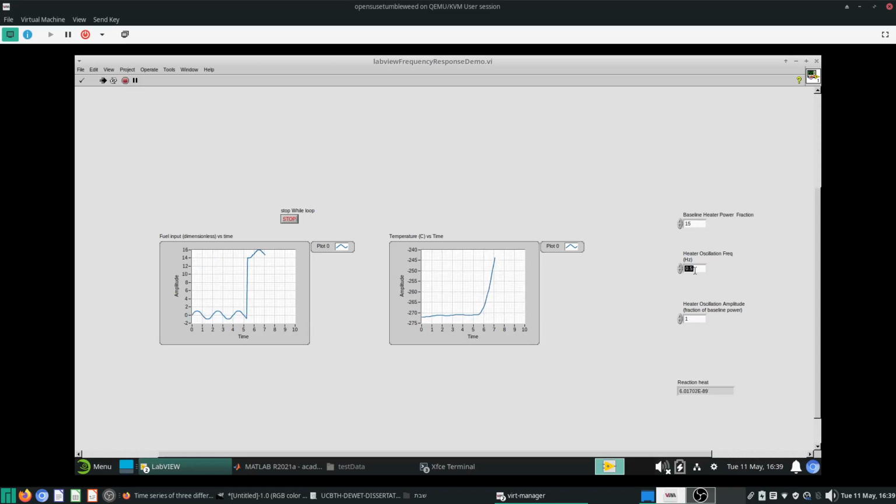For example, if you want an input for 0.001 hertz, okay, 15, this is my offset, this is my oscillation amplitude, and if the oscillation frequency is so low, at 0.001 hertz or 1 times 10 to the minus 3, one oscillation takes about 1000 seconds, and if you want to do frequency response, that's going to take some time, especially for low frequencies. So even for oscillations of 1 times 10 to the minus 2 hertz, you're still going to need to take about maybe 1000 seconds before everything settles down,